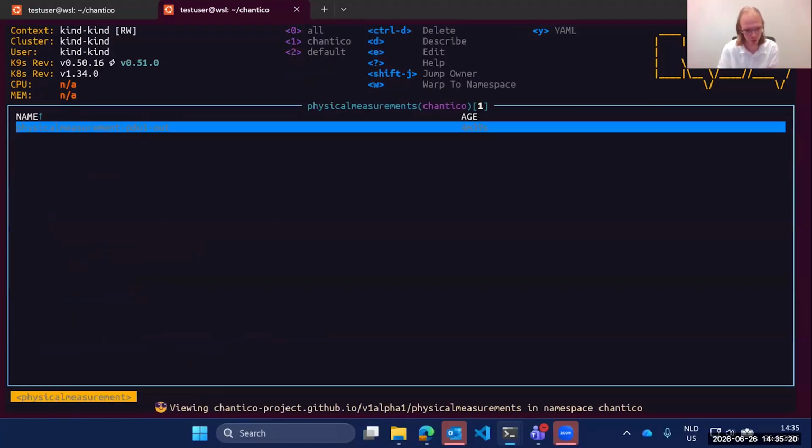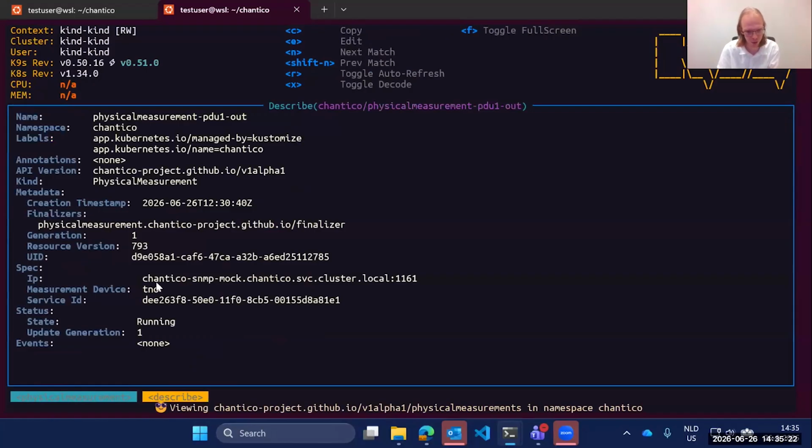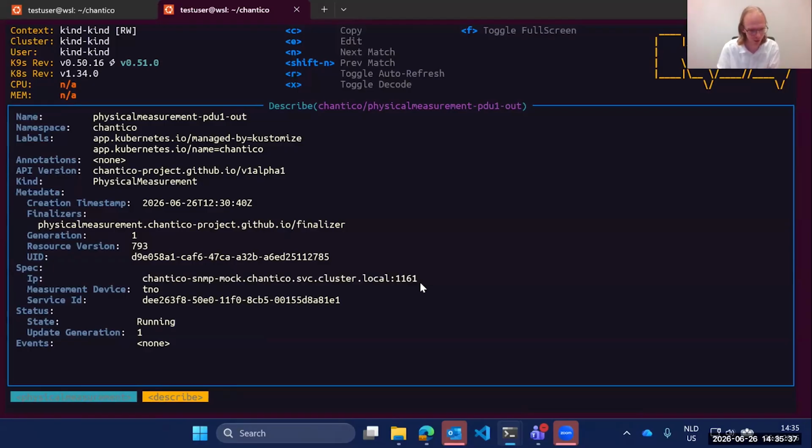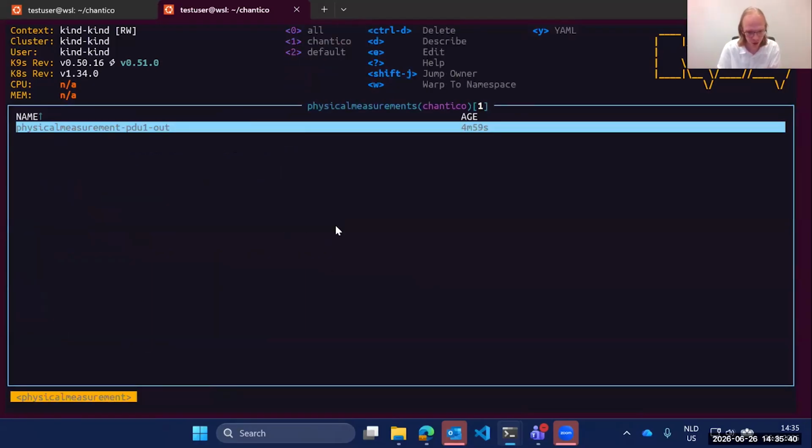Similarly, the physical measurement has already been configured to look at this host name. This is currently running inside the cluster, but in a production environment, you would provide the IP address of your PDU or your bare metal SNMP interface. And then this has all been set up now.